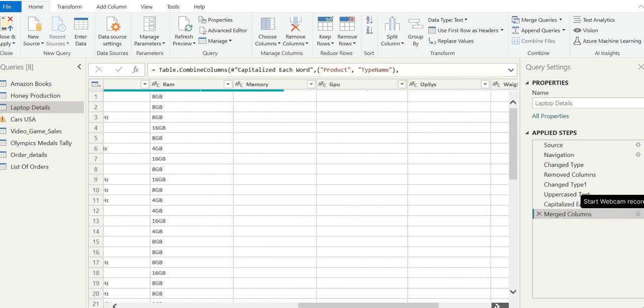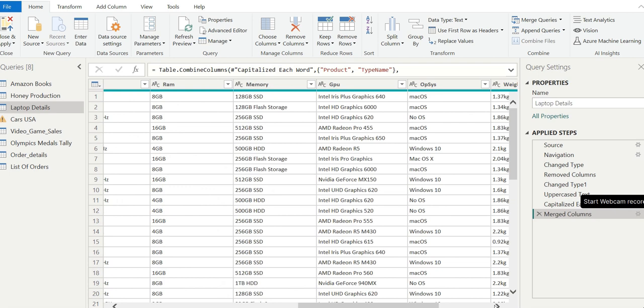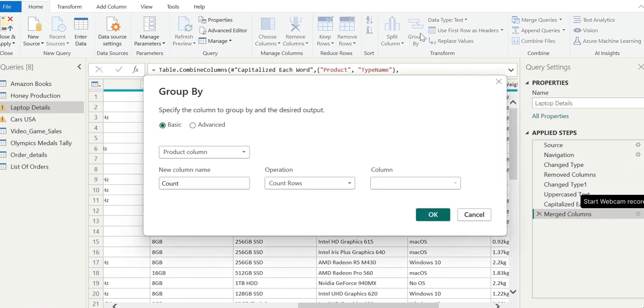This time we will once again perform aggregation based on the company column, but we will include not just one but two aggregated columns. So we can head over to Group By again, and we will click on the advanced grouping option.